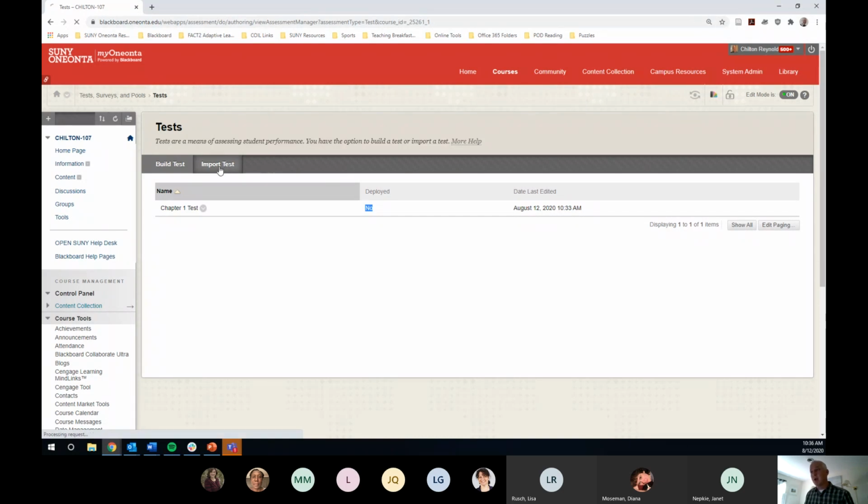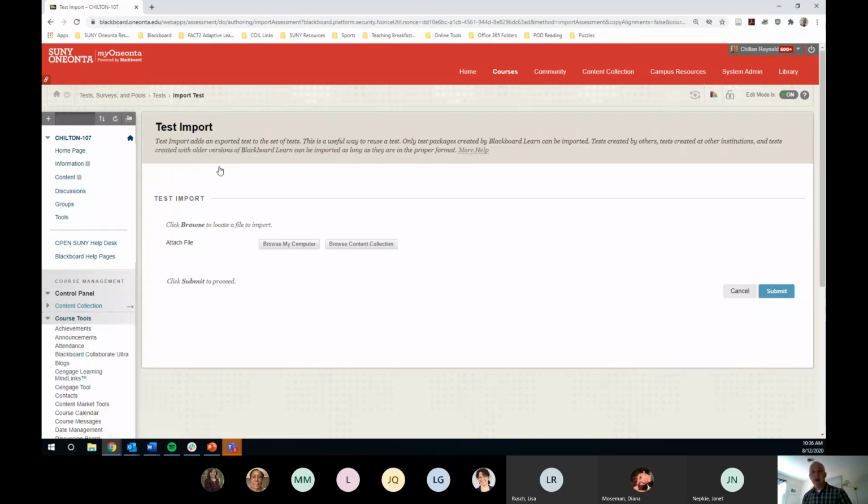So I'm going to click Import, and then it's going to ask me, where is this test I want to import? Now, in order to get something from a publisher, the publisher is going to send you information that says, here's where you can go to get all the tests for that course. You're going to go to a website, and you're actually going to have to download them onto your computer first. So when you download them through a browser, usually they go to your downloads folder. But you'll want to go there first and get the tests. And when you get them, they are going to look like